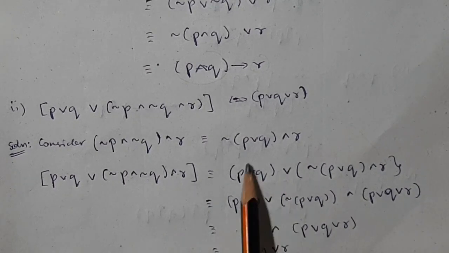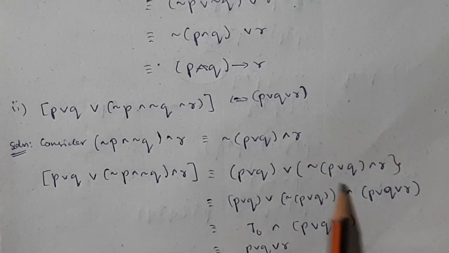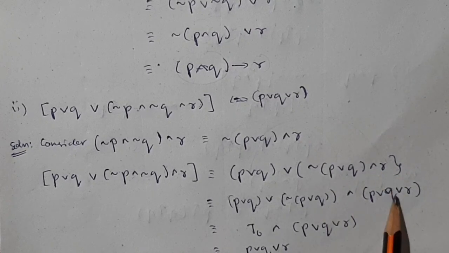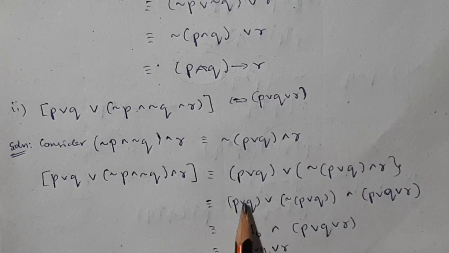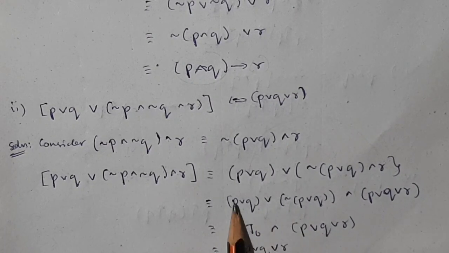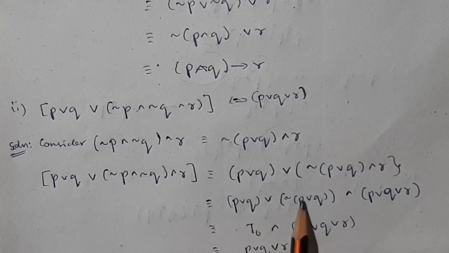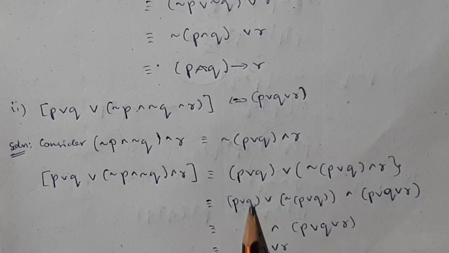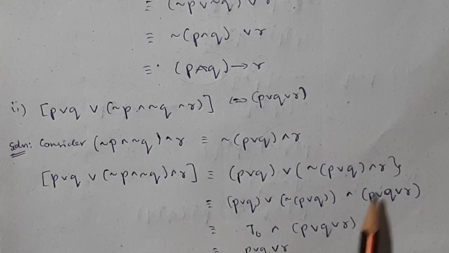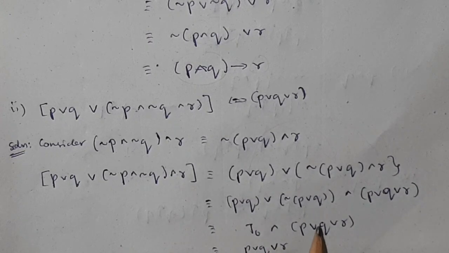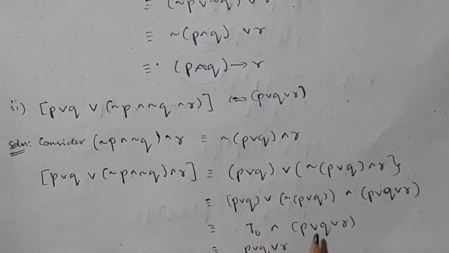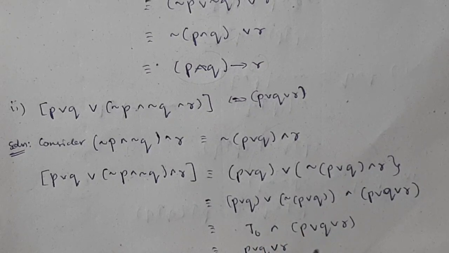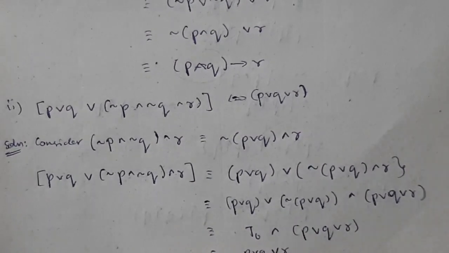and (P OR Q) OR R. Okay, then see this, it is an OR gate here, and if you take 1 here, it is 0, meaning it is NOT of this, right, this whole thing. So in either case you will get 1 anywhere. So it's always a true value here, and this is the same here. So true value AND this. So according to the identity law, what you can write is, if it is true AND this, the final answer will just depend on this, right? If it is false, the AND will be false. If it is true, the AND will be true. So the final answer is P OR Q OR R.